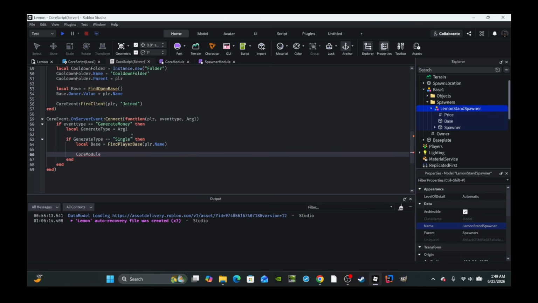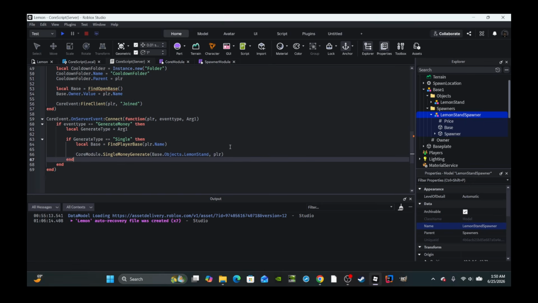We will say core module dot single money generate, which again we will create in due time. So base dot objects dot lemon stand, comma, send over the player. This is why it's very important that if you're following this tutorial, you follow it exactly as I did, unless you know what you're doing, right? Because it goes base dot objects dot lemon stand, right? Then attach the player. Then you can skip and end, throw an else if event type is equal to, in